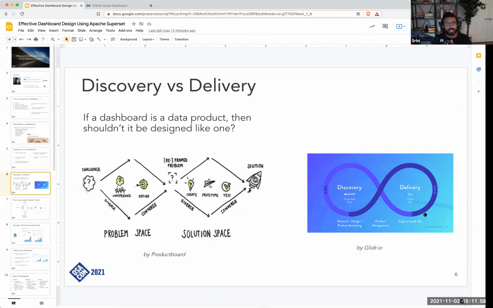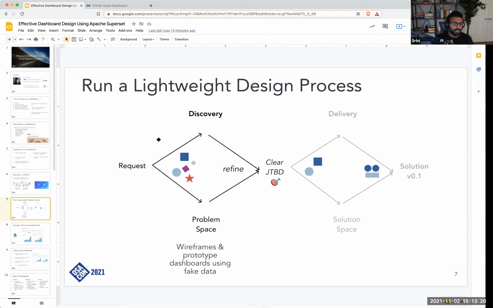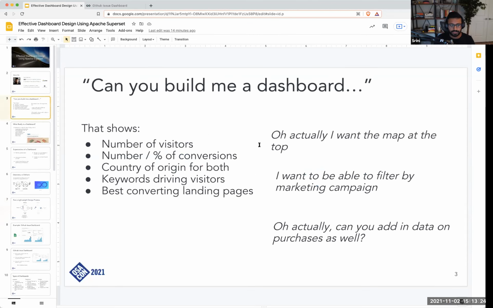One is wireframes or paper mockups. Literally go to the person or the team that you hope will use the dashboard or who has requested it, and actually get an idea of what this dashboard could look like. And right off the bat, you might get feedback that, hey, I actually want the map at the top. This is the type of feedback that's simple but can be delivered just from looking at